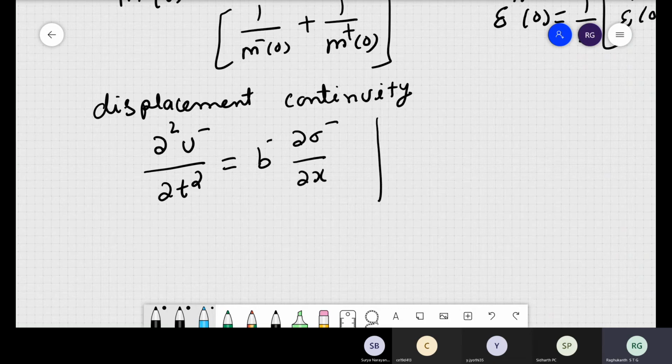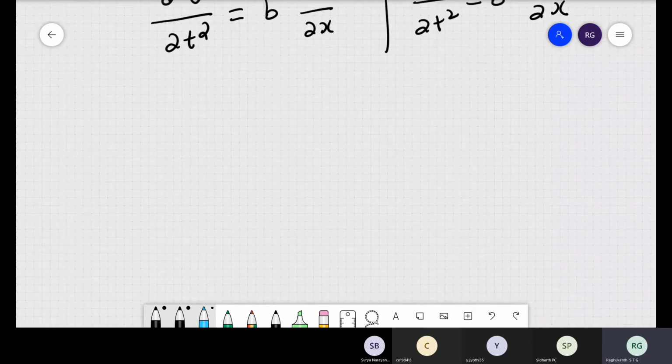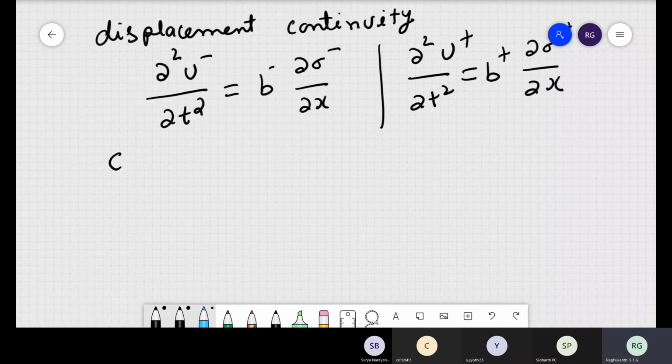And for the other material, dou square u plus by dou t square is equal to b plus dou sigma plus by dou x. Okay, so two equations are there. Now if displacement is continuous, automatically acceleration also will be continuous itself. So if you can make this continuity of acceleration,